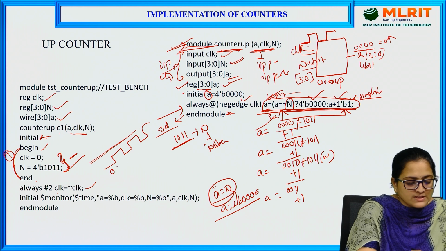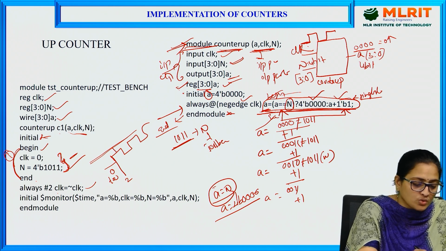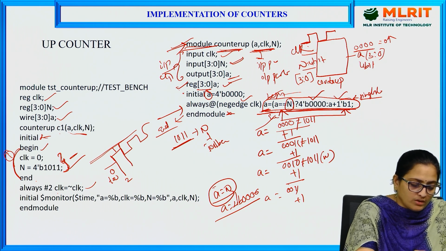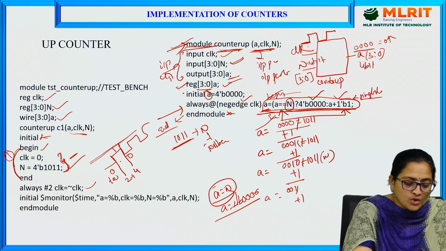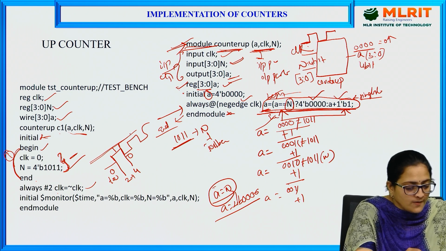Initially the clock is 0 at time t equal to 0, and it will stay at 0 till 2 time intervals, but when it reaches 2 time intervals, your clock will change to 1. Again it will stay at 1 till the clock reaches 4 time intervals, because after 2 time intervals I again ask the clock to change to 0. So this statement helps to produce a clock function, 0 to 1 and 1 to 0, and it goes on.